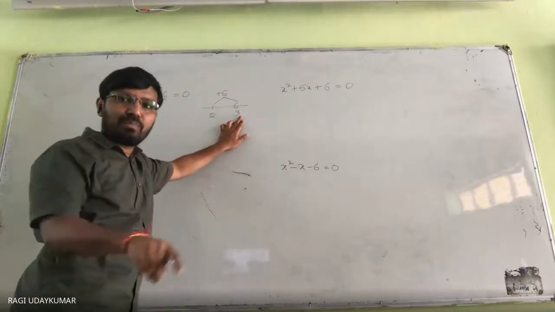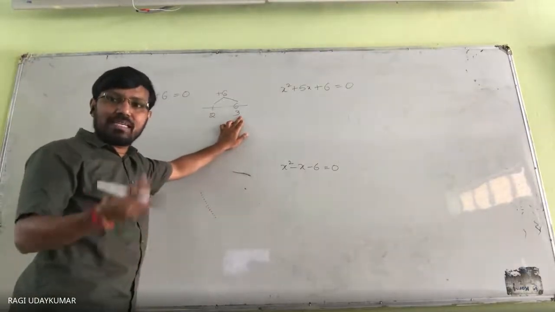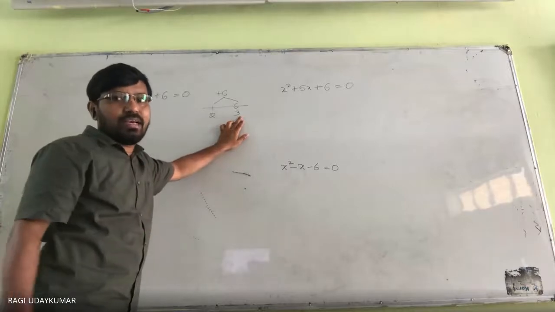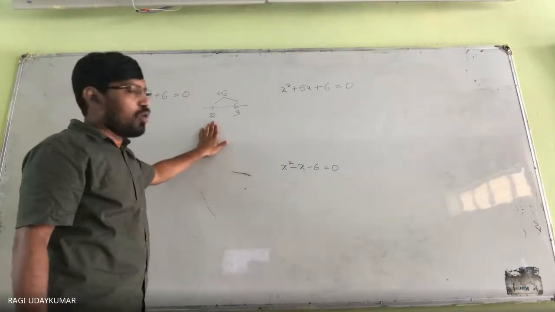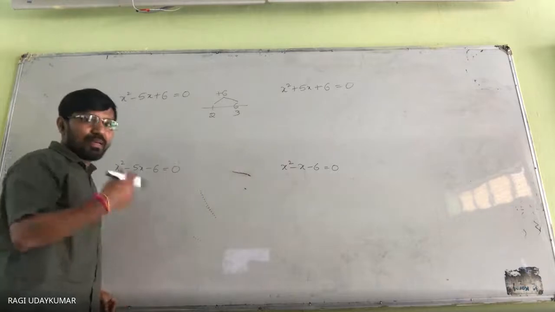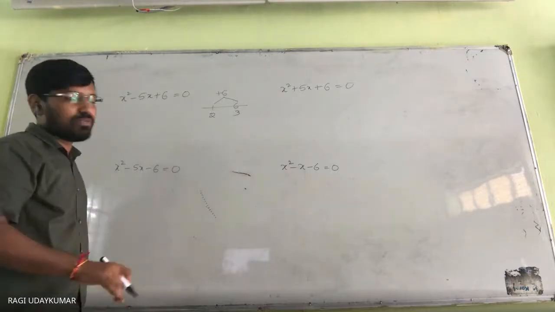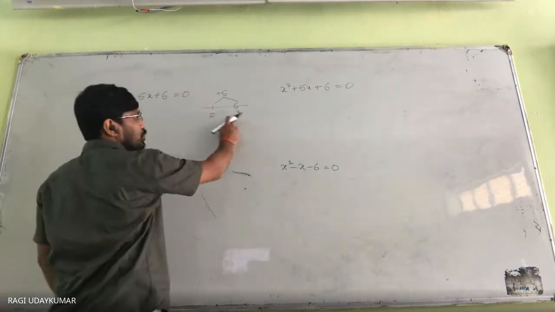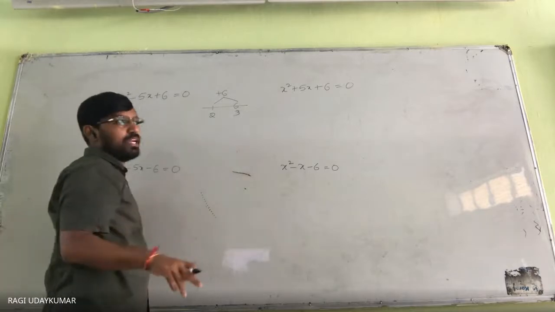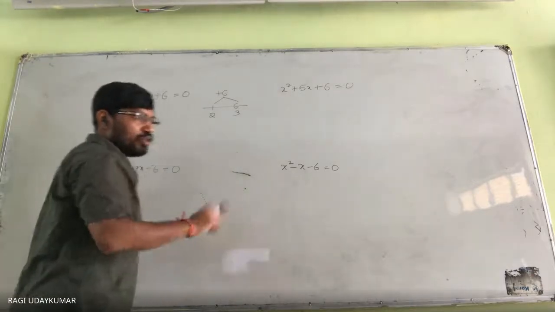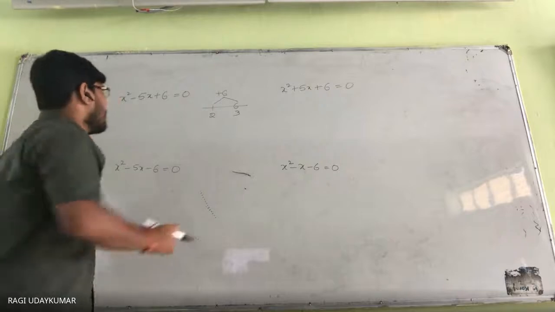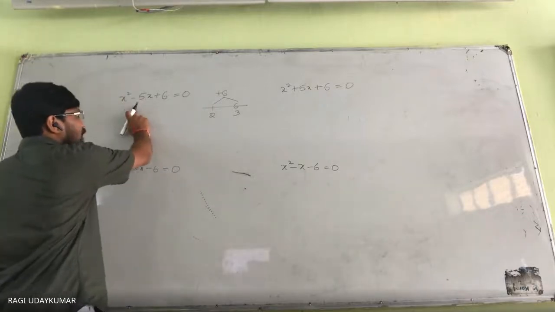If you take both plus signs, we have to add; both minus signs, we have to add. So that's why I'm adding. Whenever you are given both plus signs or both minus signs, whenever it is plus, both should be positive or both should be negative. So as we are adding, both should be positive or both should be negative. So here, as we are having a negative symbol, the negative symbol should be given to both.